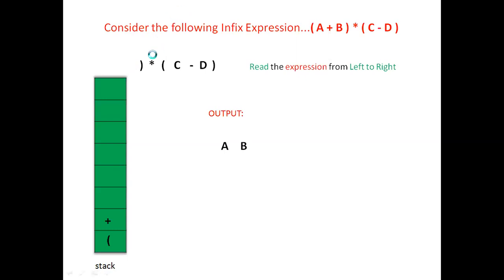Now, after that we got a right parenthesis. When our scan symbol is a right parenthesis, pop the stack until the left parenthesis is reached, and print the popped elements on output. So here, according to the rule, we would insert the right parenthesis, but we pop the elements in between the right and left parentheses. Only one operator is there, that is plus. Simply pop that plus from the stack and print it on output. Now the left and right parentheses are matched.